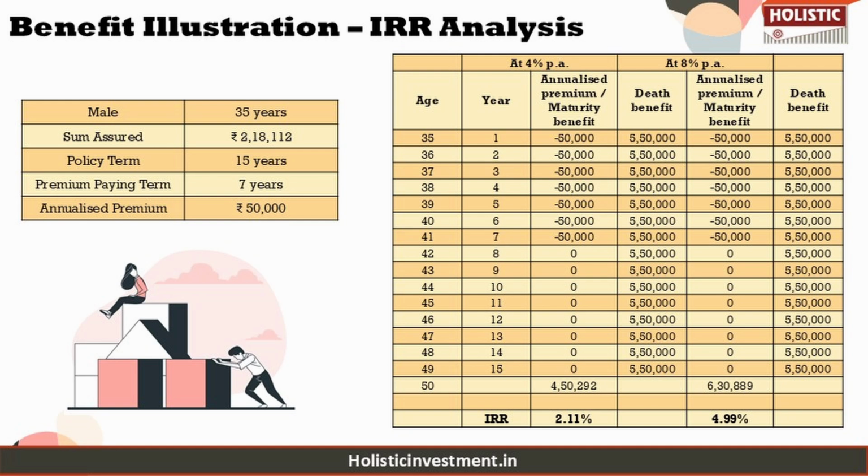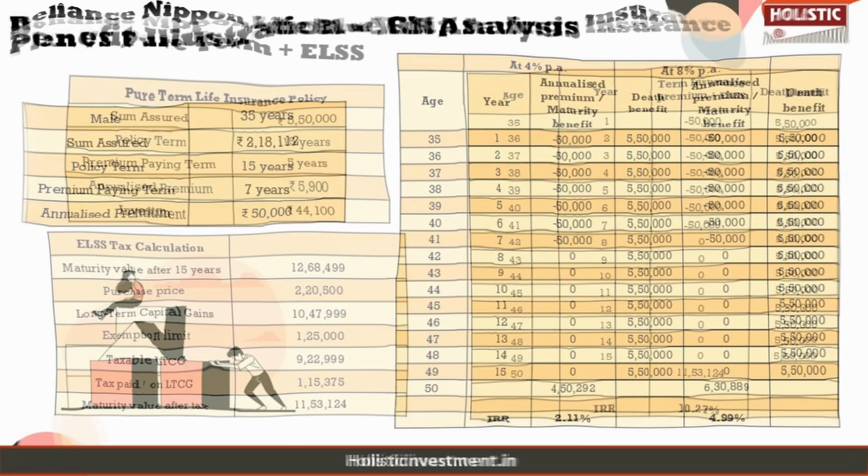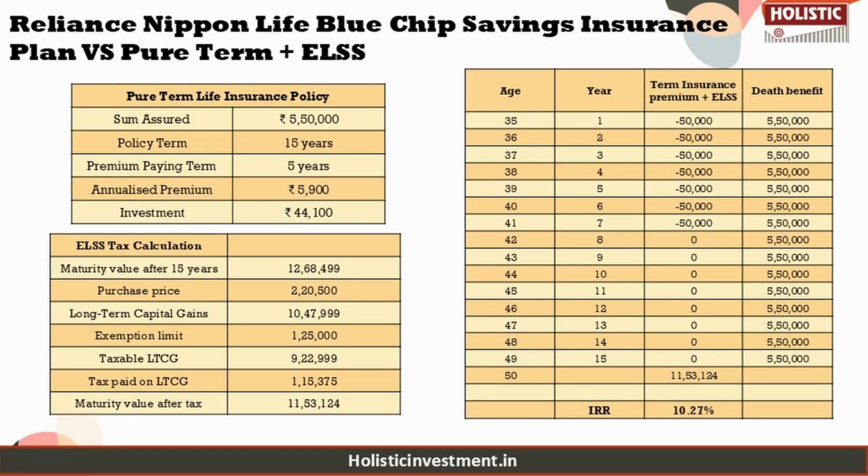investors. As this policy is not giving us the desirable outcome we need, now what we are going to do is we are going to conduct a comparative analysis where we are going to compare the returns from this policy to other alternative investment options using an alternative investment approach. Instead of investing in an investment cum insurance policy like this, we are going to invest in insurance